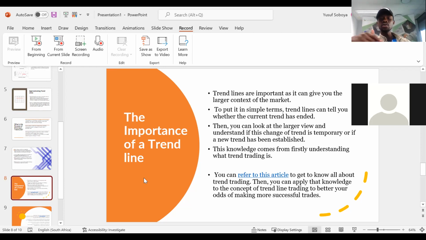You can refer to some articles on the internet to check out trend trading. In future I'll prepare a presentation especially for trend trading, so you get to know all about it, then you can apply that knowledge to the concept of the trend line and start